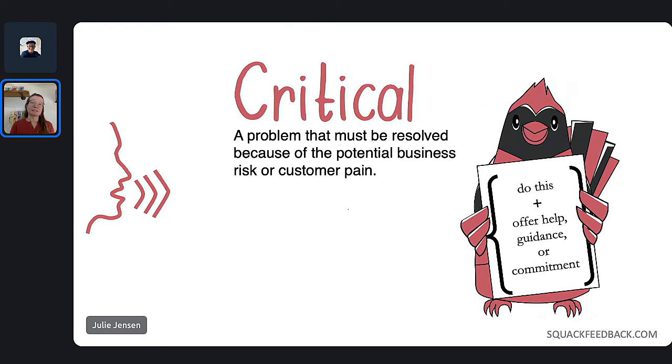I'm there with you to figure out what is it going to take to fix this really serious, critical problem. I can't express that it's critical if I'm not there to help you solve it. And we'll talk a little bit about what some of that commitment might be. Sometimes it's easier than having to move a mountain.